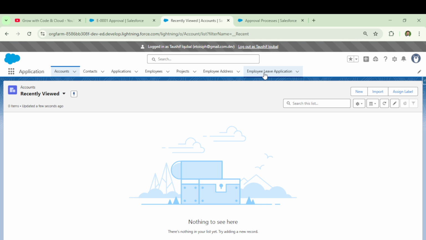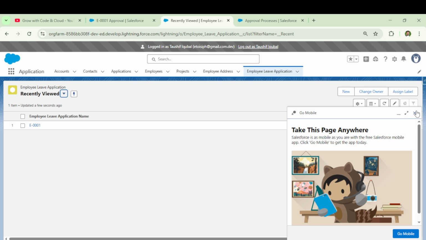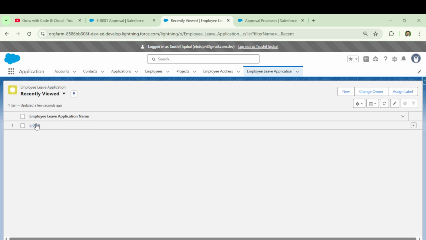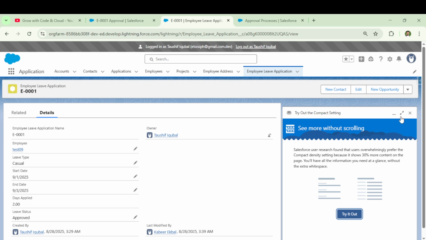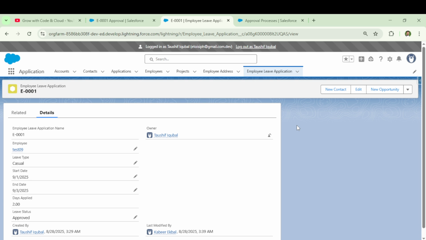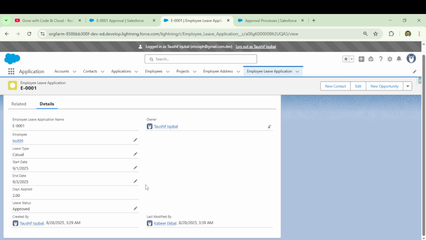Go to leave application, employee leave application, and open your record and see the leave status is approved. Correct, the leave status is in the approved status now.